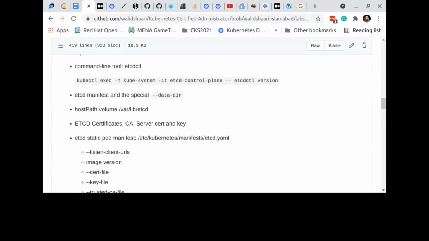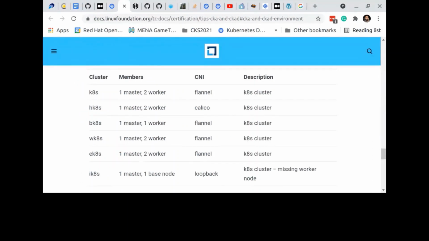Okay, how can you get etcdctl? It will be given to you in the exam. If you cannot find it on the master node and the worker nodes, maybe it's in the base machine. So in the exam, you will have a base machine. So in the exam, you have this one master and two workers, for example, this cluster. But you always have a base machine, and you can jump to the master, you can jump to the workers if needed, like in troubleshooting, for example, or if you need to change a control plane manifest.